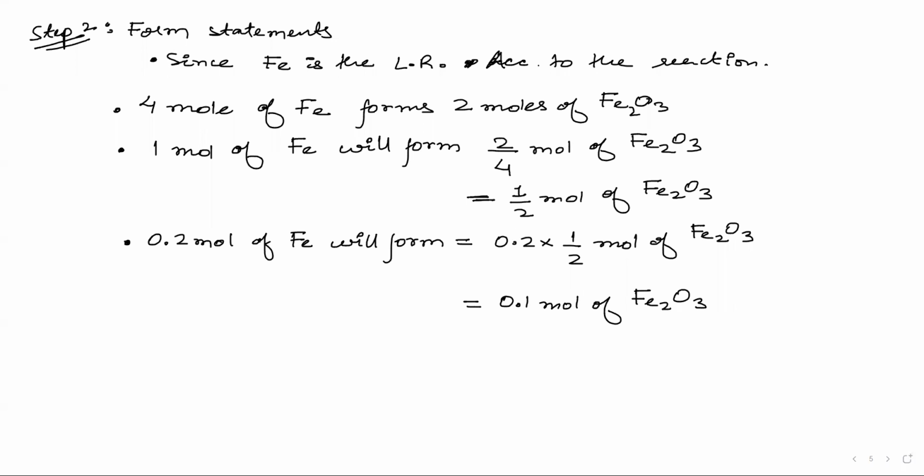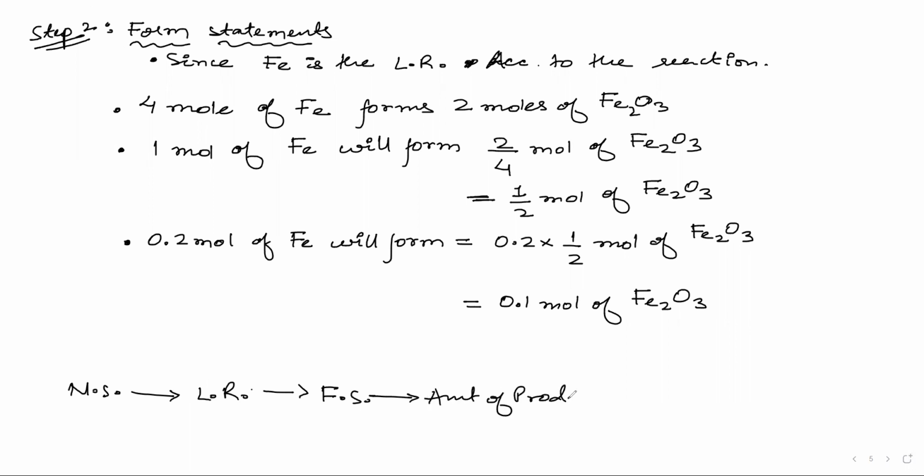So please copy this. See, you have 2 steps only, need statements and form statements. When you have need statements, it will tell you about the limiting reagent. And from the limiting reagent, you will start the form statements. From the form statement, you will get the amount of product. So this is the chain of thought that you should have. Need statements, they will tell me about